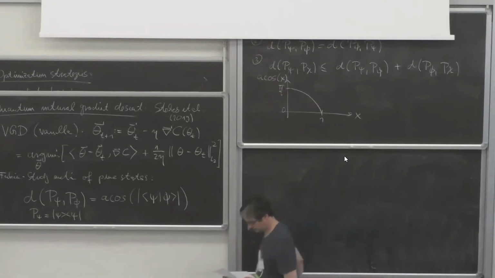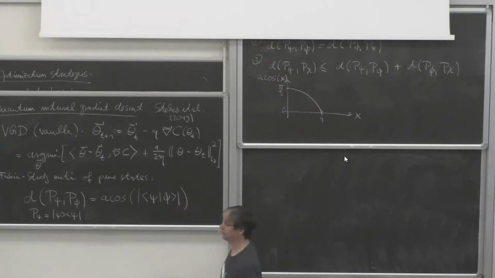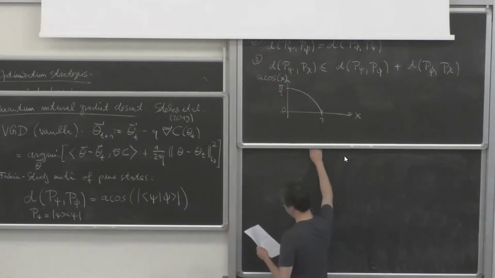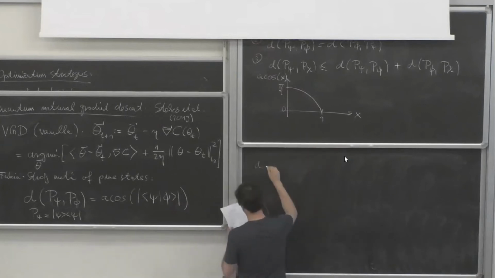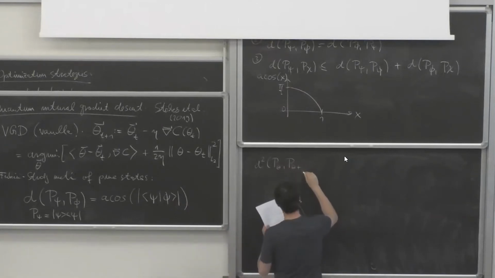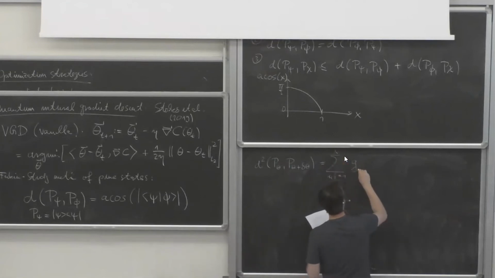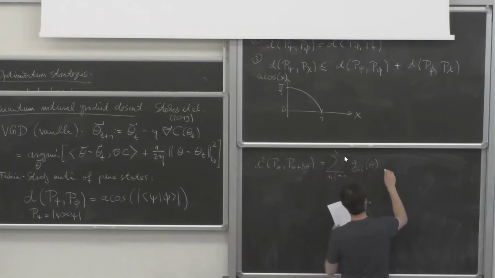So now I want to derive an expression for this metric, how far apart nearby states are. It's easier to do d squared, so the metric squared, but between a variational state of parameter theta and a variational state of parameter theta plus delta theta. I'm going to show that, and depending on time, maybe I'll skip some of the steps, even though I have them all here. But this is this Fubini-Study metric.